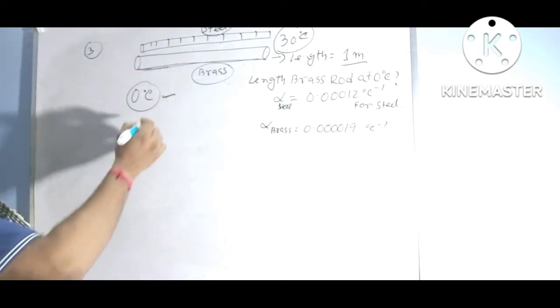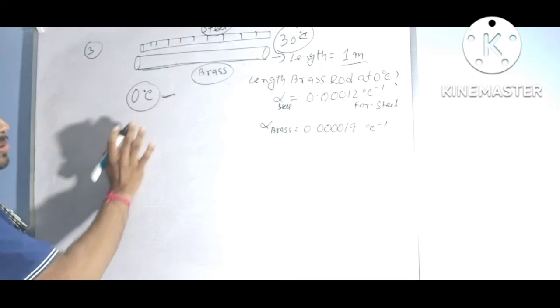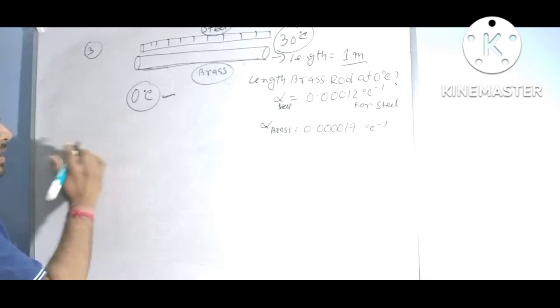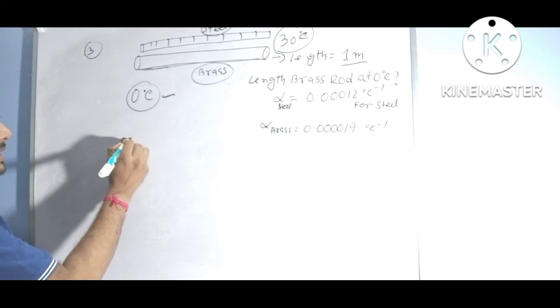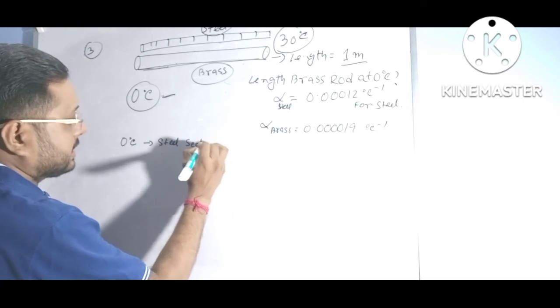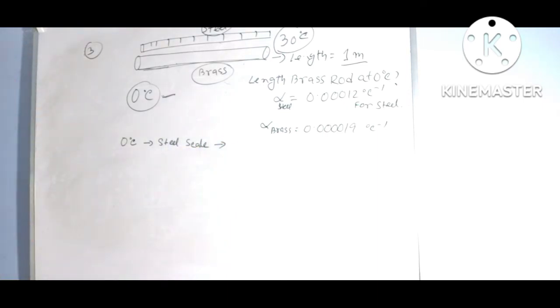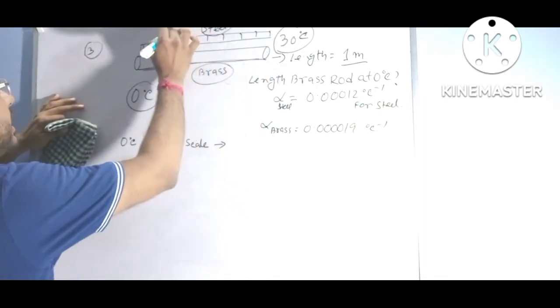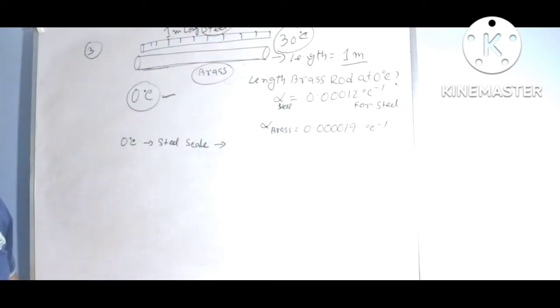अगर 0 डिग्री में ये स्केल सही है तो हमको ये लेंथ मेजर करना होगा 0 डिग्री में। तो हमको पहले देखना होगा कि 0 डिग्री सेंटीग्रेड में स्टील स्केल का लेंथ क्या होता है। क्या 0 डिग्री सेंटीग्रेड में ये स्टील स्केल 1 मीटर लॉन्ग है? क्या वो 1 मीटर ही लेंथ है या नहीं है? सो 0 डिग्री सेंटीग्रेड